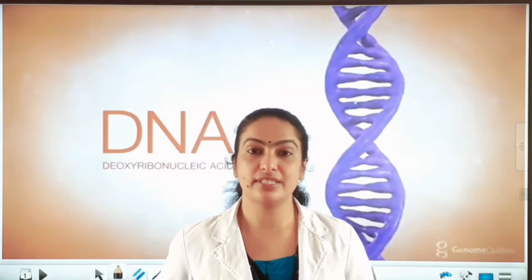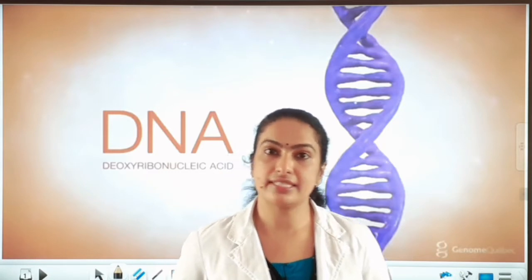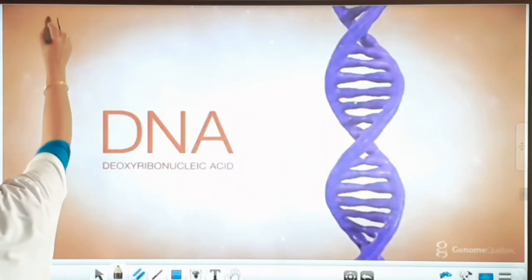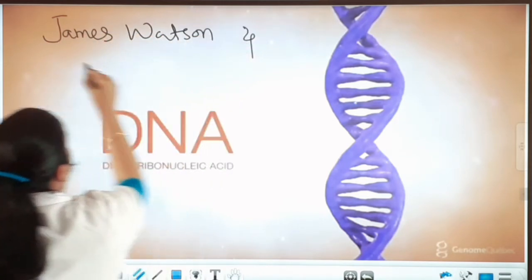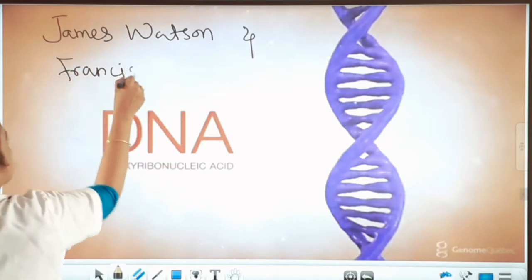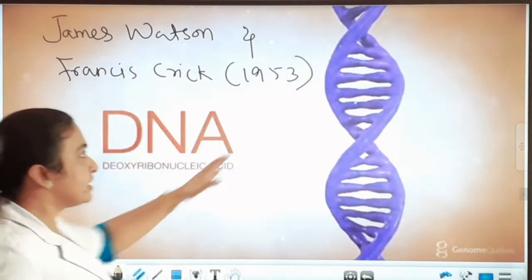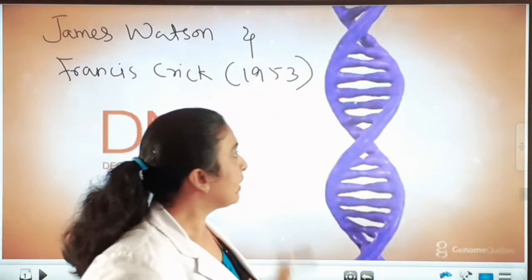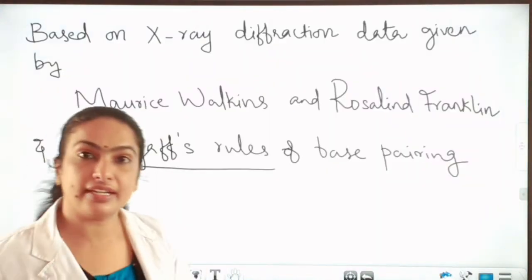Now I am going to teach you the salient features of double helical DNA. As you know, DNA has a double helix structure and it was proposed by two scientists, James Watson and Francis Crick. James Watson and Francis Crick in 1953 proposed this double helical or twisted model of DNA based on the X-ray diffraction data given